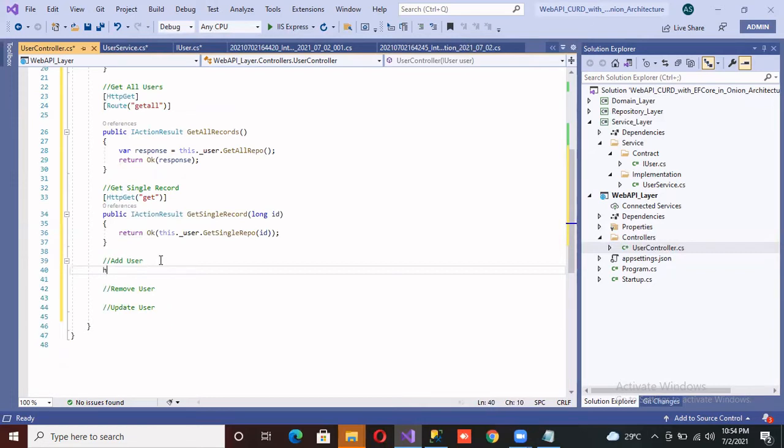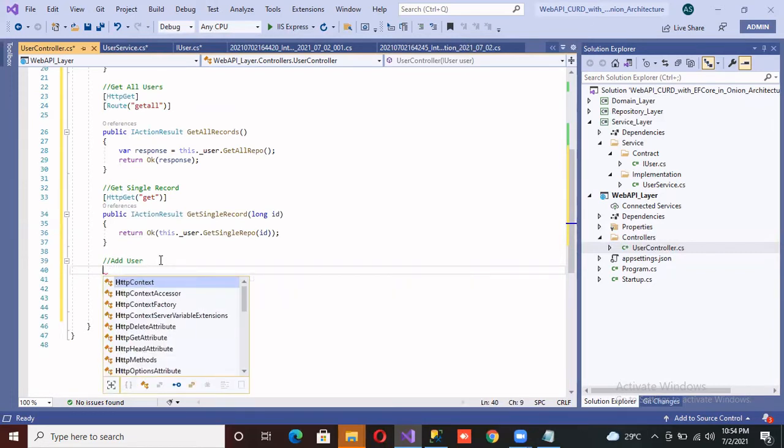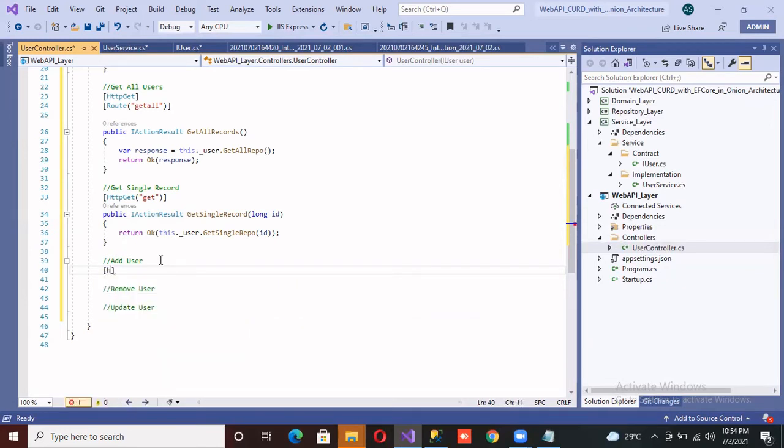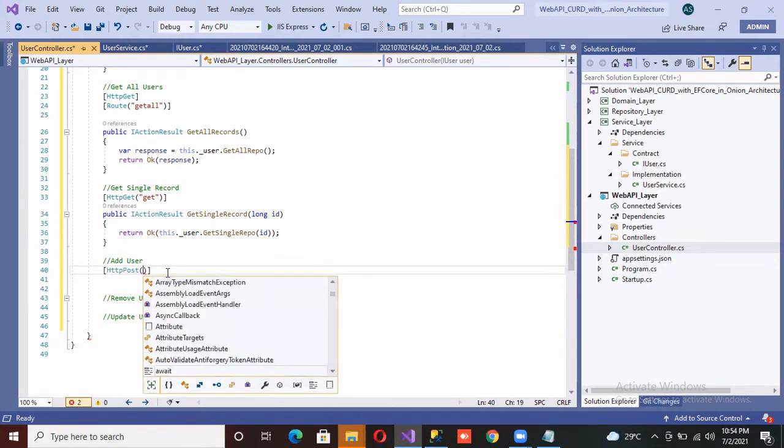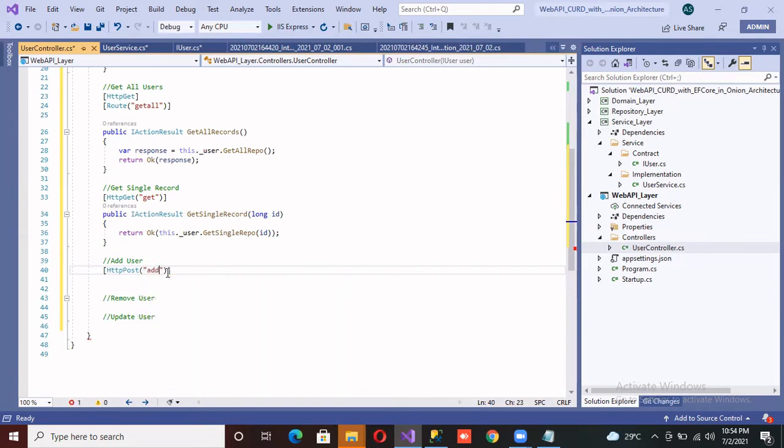So now first I'll give the HTTP verbs. Okay, add means the new data. For the new data, you have to use the post method. And I'm just going to give the name of this Add.